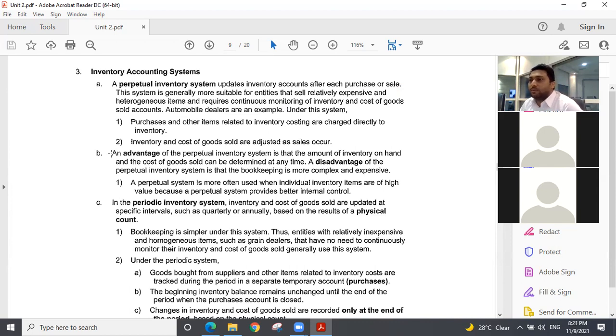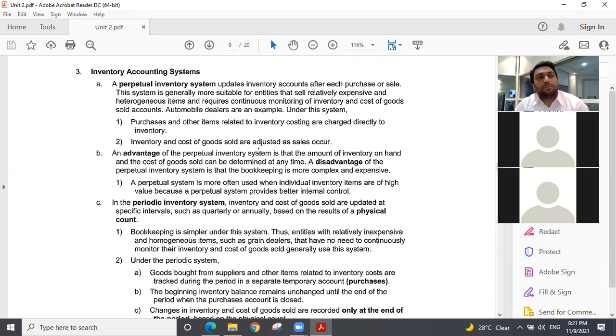Or for example, you were supposed to invoice the product X and you sold product X, but you billed product Y. So what happens when you go there, you will see product Y there, but product X is not there. So this adjustment you have to do. Only for that purpose you do stock taking. Otherwise, perpetual inventory system shows you the correct inventory.